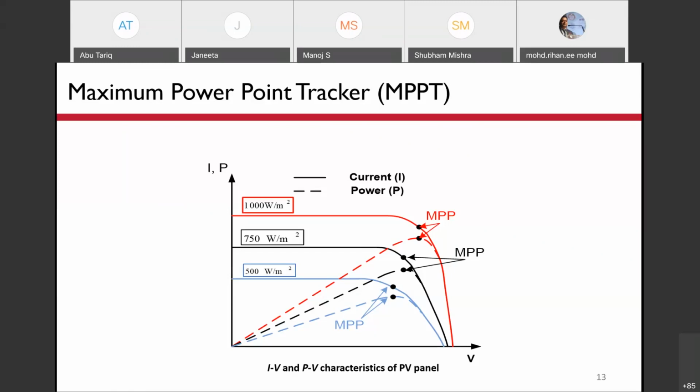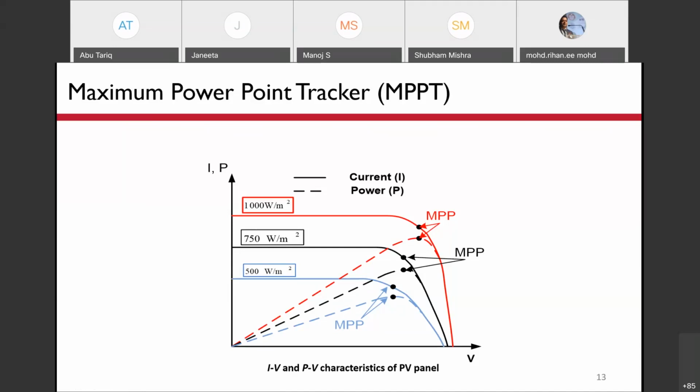But you can see that the array characteristics or the module characteristics are not the same at all weather conditions. So here, at 1000 watt per meter square, 750 watt per meter square, and 500 watt per meter square, you can see that the short circuit current decreases, and so does the power available from the PV module.